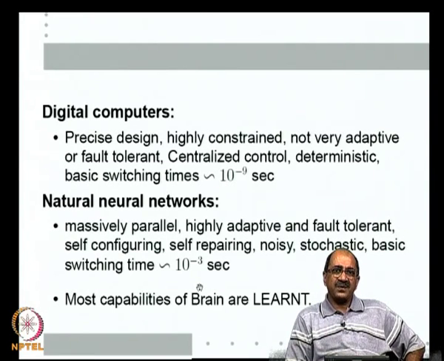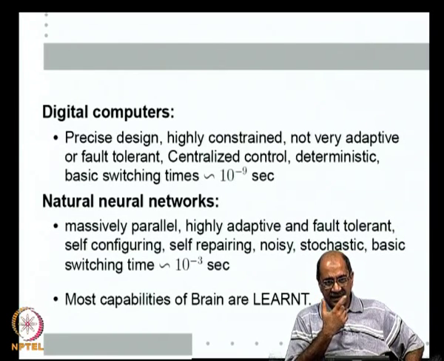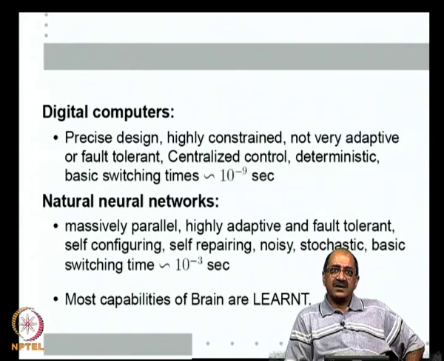Given that the neuron's input output structure is very simple and already well constrained, it looks like the only thing that we can learn is the synapses. Maybe we form new synapses or we modify existing synapses. So, essentially synaptic strength might be what changes when we learn. It is the interconnection strengths that translate into having learnt a particular capability. So, whatever knowledge resides in the brain must be that of interconnection strengths.